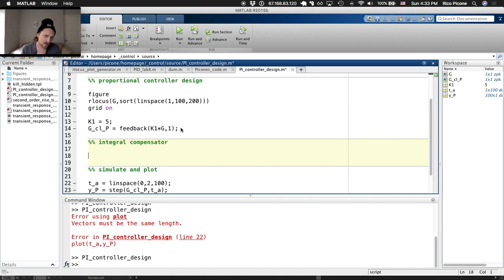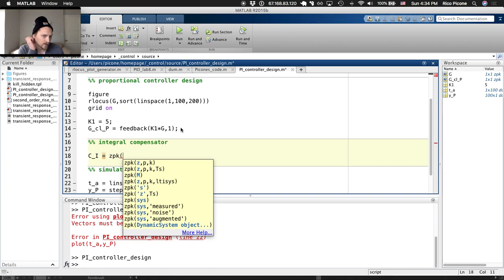So with this compensator, remember, we're just going to put a pole at the origin, and then we're going to put a 0 somewhere, and then we're going to adjust the gain. That's really all there is to it. So let's put in a C, so our compensator, it's the integral compensator, so I could call it CI if I wanted to. The integral compensator is just going to be, I'll just use ZPK,